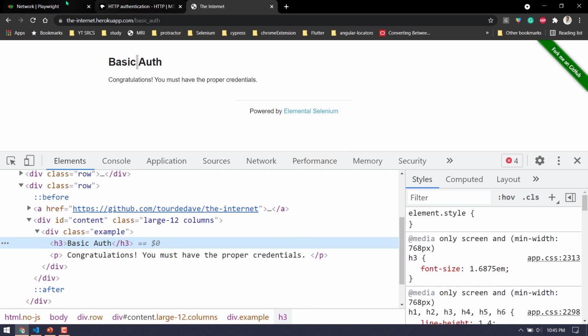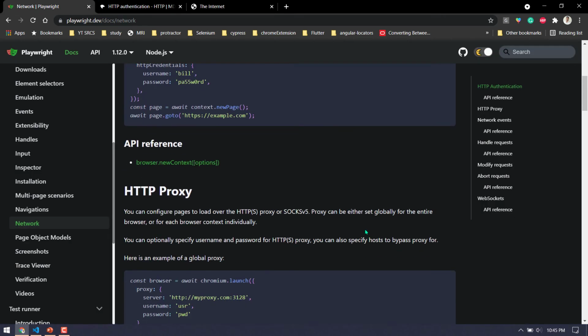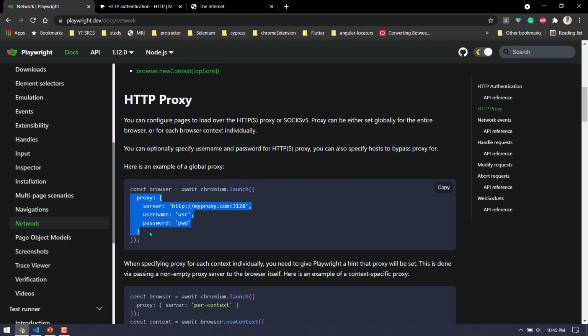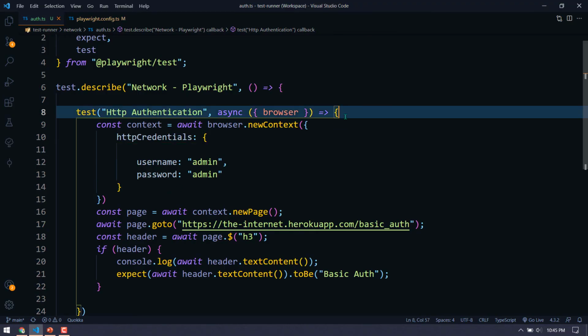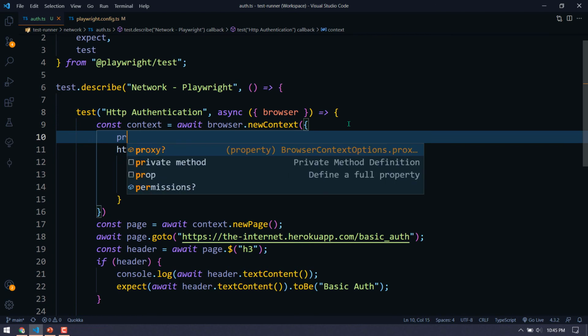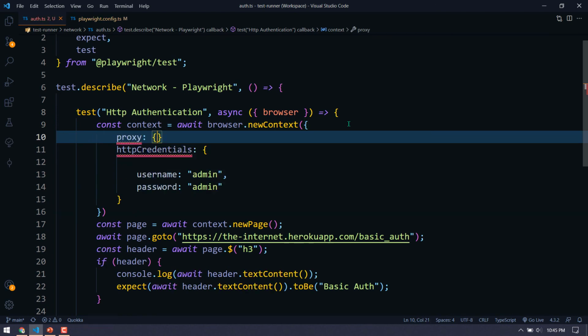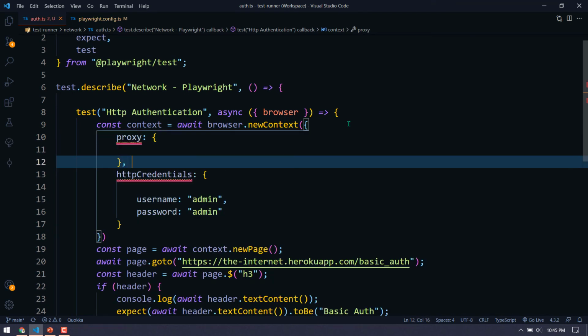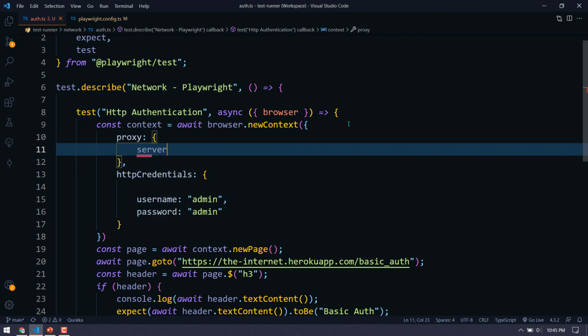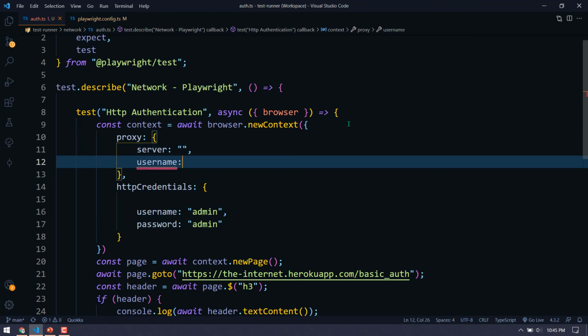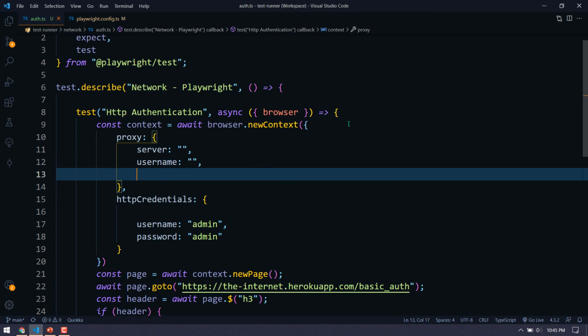Let me check the documentation, I forgot, sorry for that. Yeah, so here basically you have to set it within the proxy, and then set, for example, let me show you one more time. You can give proxy, then something like your server, some server details, and then your username, and then your password.